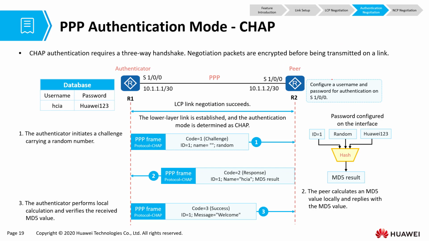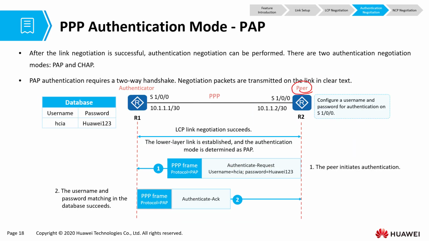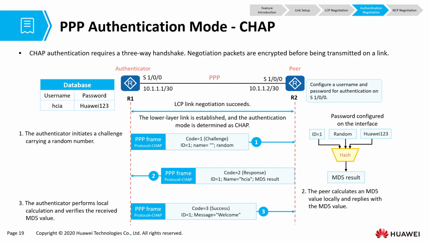First of all, the authenticator is the one that initiates the authentication for CHAP. We have seen for PAP, the peer is the one that initiates the authentication, says, hey, this is my username and password, please give me access. Then the authenticator says, oh yeah, I have that username and password, go ahead and use resources. Now in CHAP, it is the authenticator that starts the authentication process. It begins by sending a challenge to the peer, the one who wants to be authenticated. The challenge packet basically contains a random number